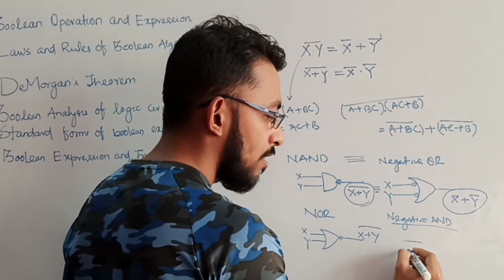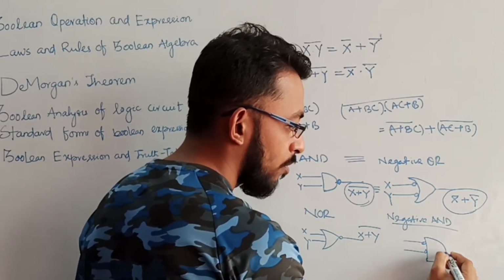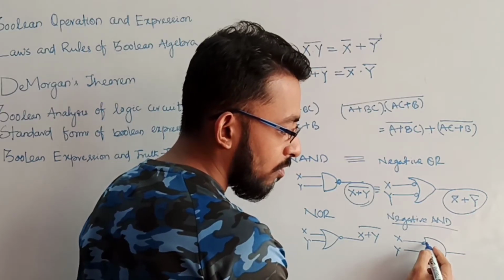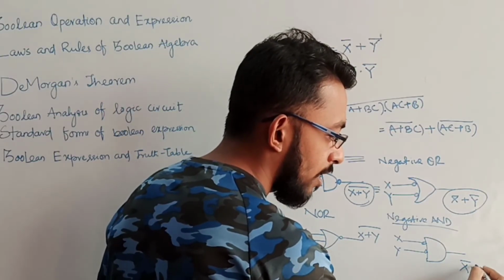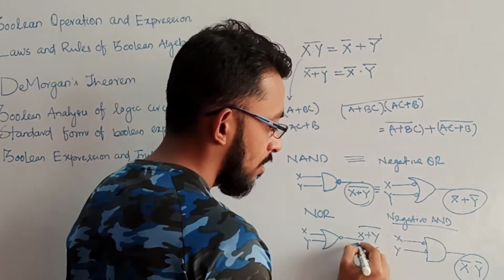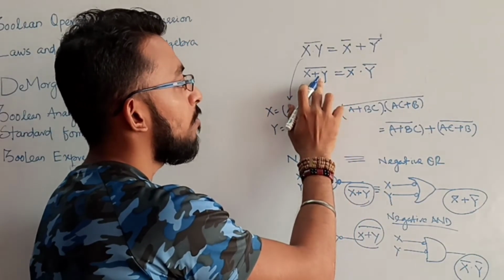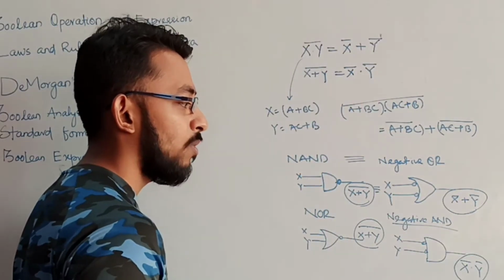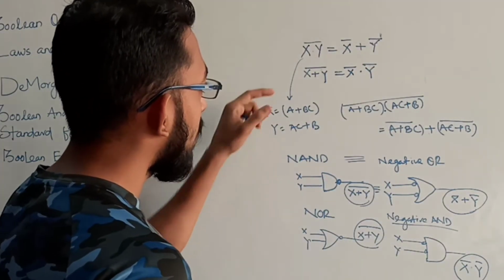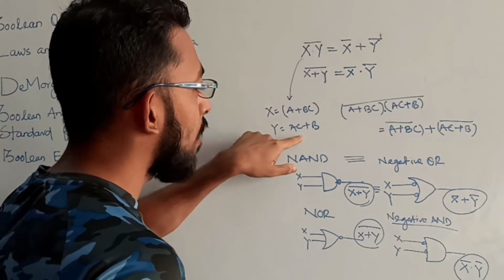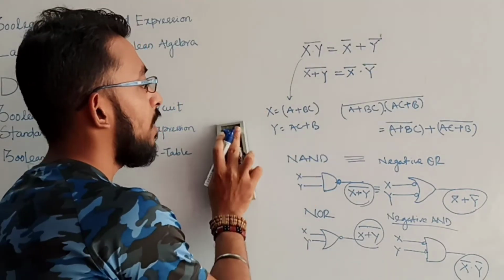Negative AND means before applying to the AND gate we have to negate those inputs. So x, y. What will be the value over here? x bar. What is the value over here? y bar, and they are then ANDed, so x bar dot y bar. Now you can check, this is also x plus y whole bar, which is equal to x bar dot y bar, and my second theorem of De Morgan is saying exactly that. Okay, so these two are the De Morgan theorems, and remember this point: our x and y can be any number of variables. Now let's see how De Morgan can be applied to a numerical.